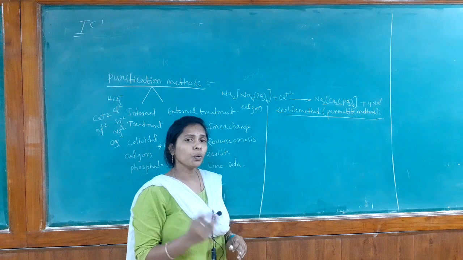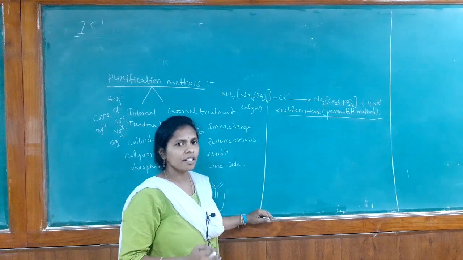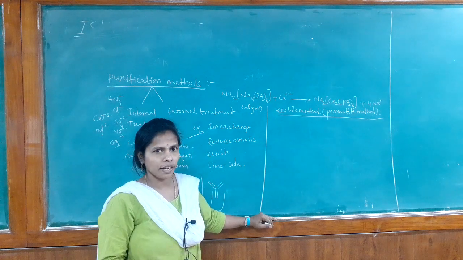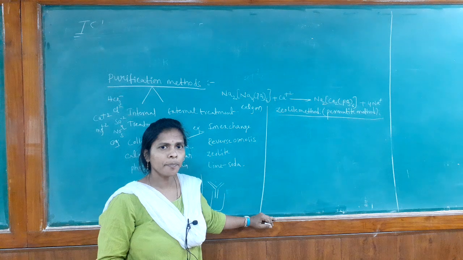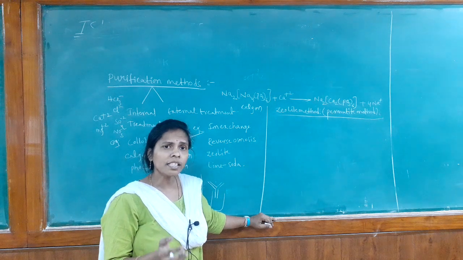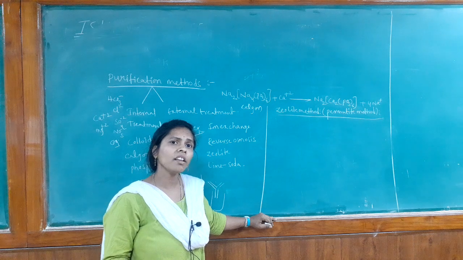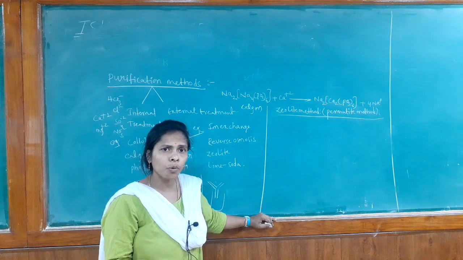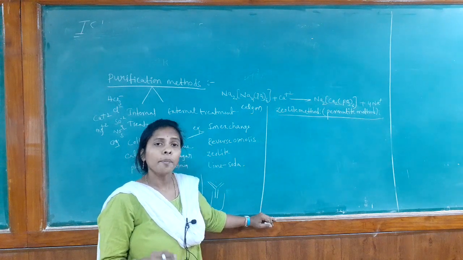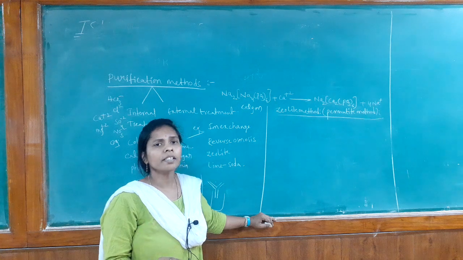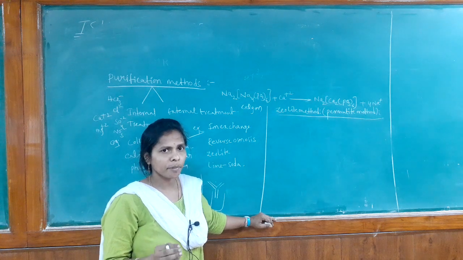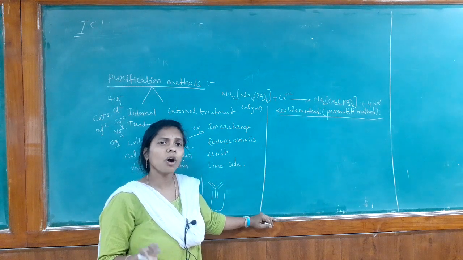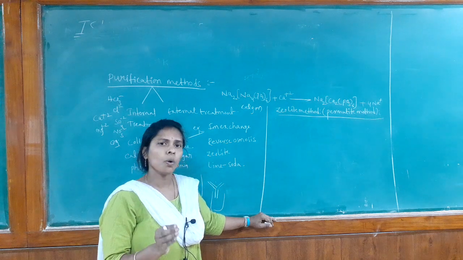But we have two types of zeolites. One is the natural zeolite and the other is the artificial zeolite. Artificial zeolite is nothing but synthetic zeolite. We can use any zeolite, but by using natural zeolite, we can't remove all the cations in the water sample. It does not have that much capacity. But the synthetic or artificial zeolite is useful to remove all the cations, that means all calcium plus 2 and magnesium plus 2 in the water sample.